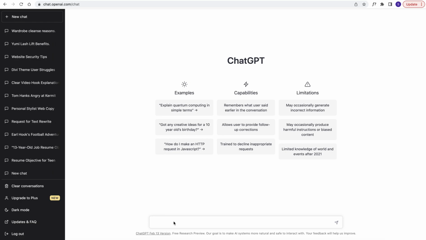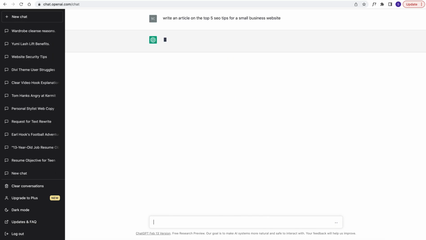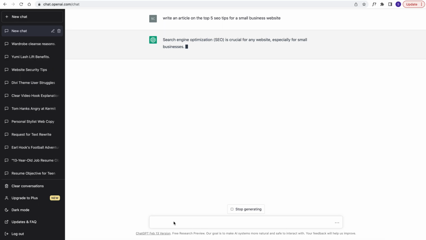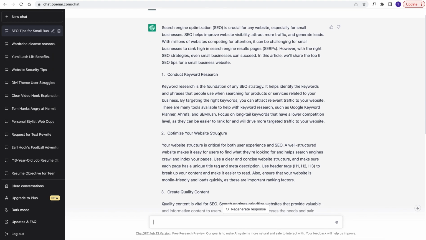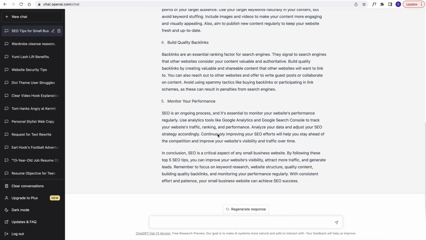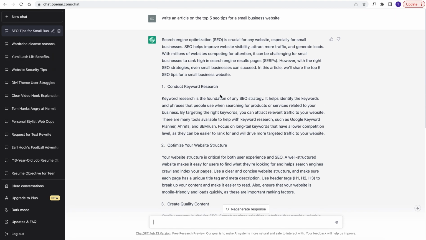So we're going to jump in here and we're going to say, write an article on the top 5 SEO tips for a small business website. Bang. So there we go. That's going to start generating this. So here we are. Now it has written this beautifully constructed article with the top 5 SEO tips for a